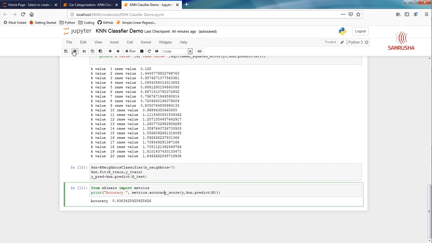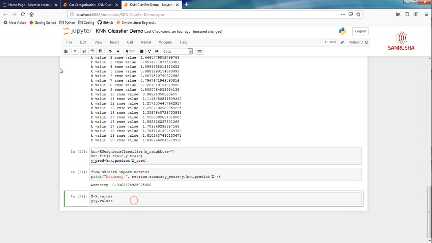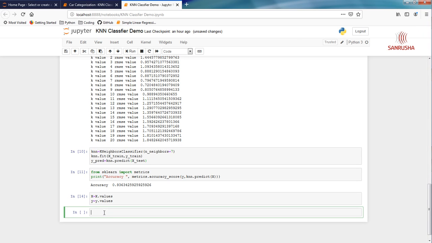Very good. Let us plot the y value, the actual value, and the y predicted value, and confirm how close they are. So to plot it, the first thing we have to do is convert both x and y into arrays. Currently x and y are pandas data frames. Let's convert them to np arrays now. Okay, so this will convert x and y to np arrays. Very good. Now that you have converted them to arrays, we can start plotting them.